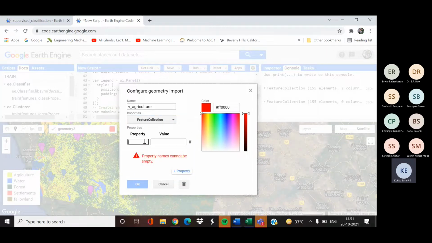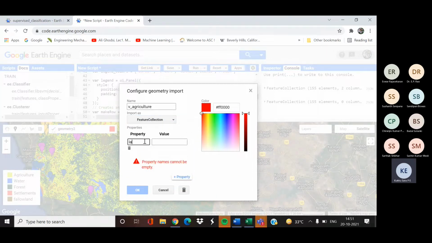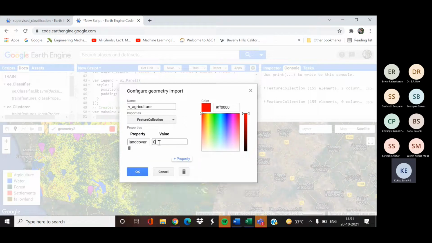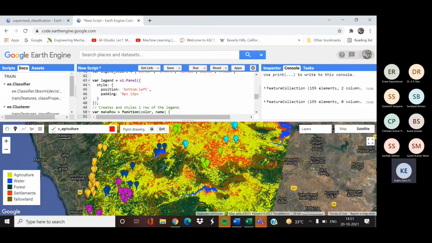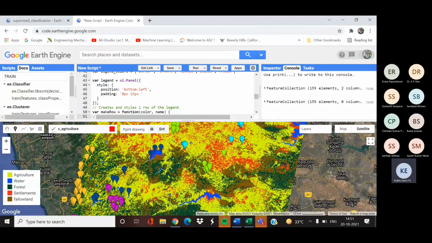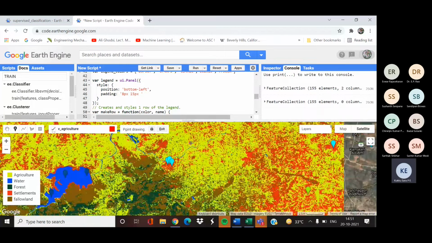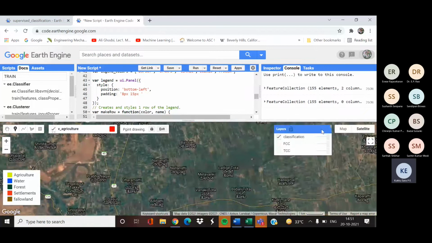We'll again name the property as land cover and give its value as 0 and then click OK. For validation, don't take the same points as we have used for training points. Use new points for collecting the validation points.